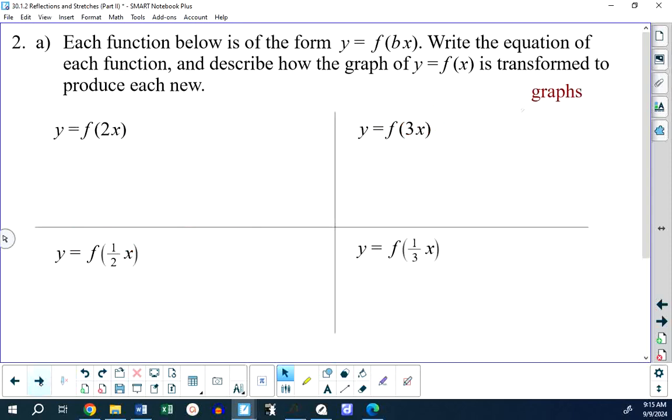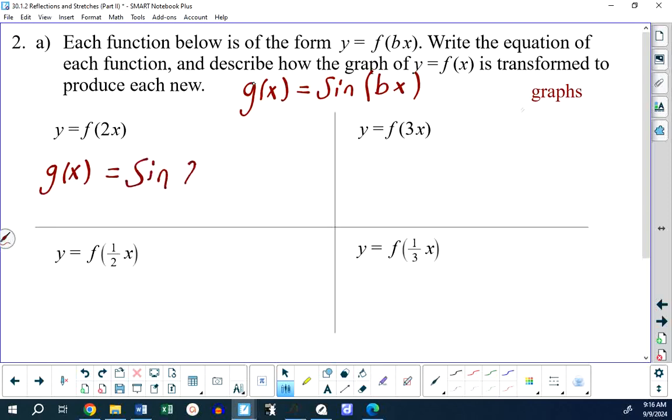All right, let's take a look at number 2. For each function, write the equation of the function. And all of these functions are of the form y equals f of bx. So this is like saying g of x, the new function, is not a number times sine of x. It's sine of a number times x. There's a difference. So this function will be g of x